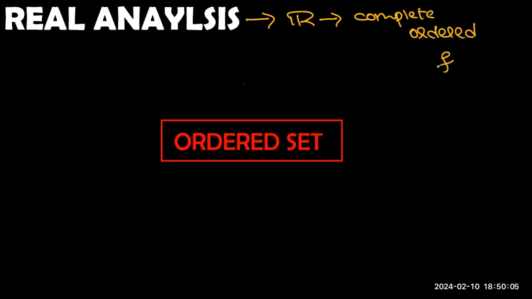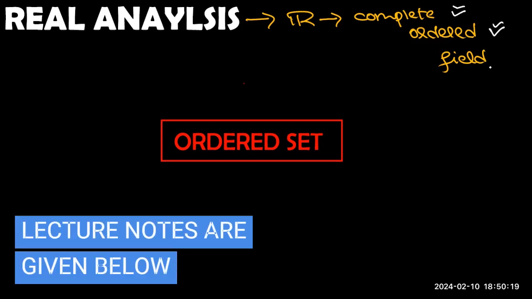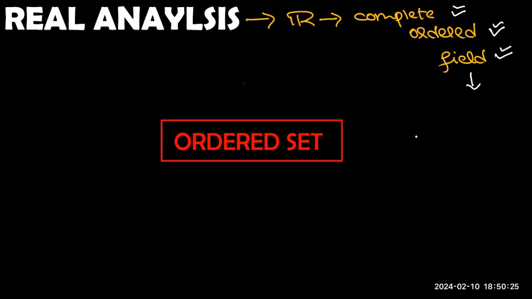In this video, we are going to discuss a very important topic in real analysis: our real number system is a complete ordered field. By this I mean that our real number system satisfies the completeness property. Real number system is a complete ordered field, and it is a field, which means it satisfies the algebraic properties